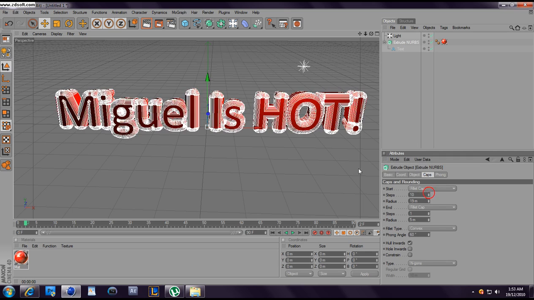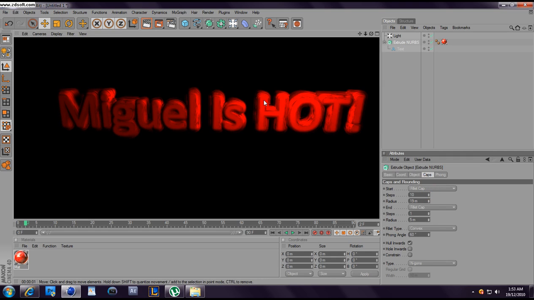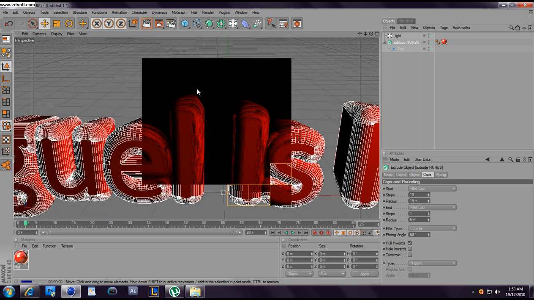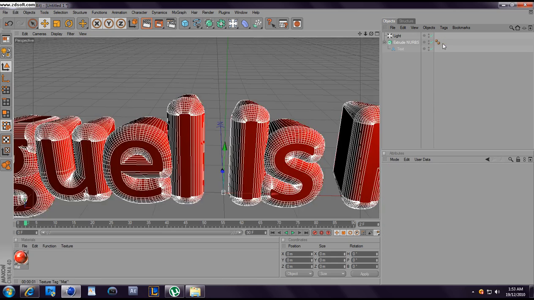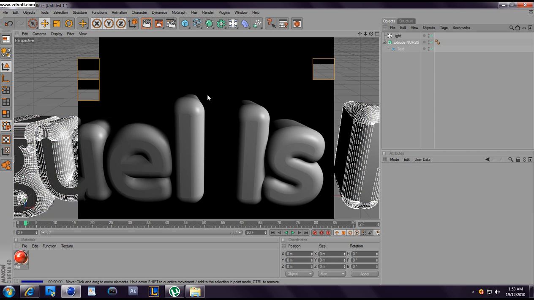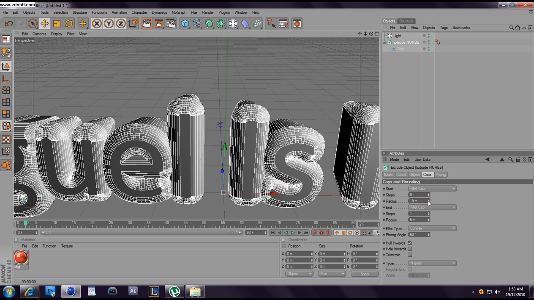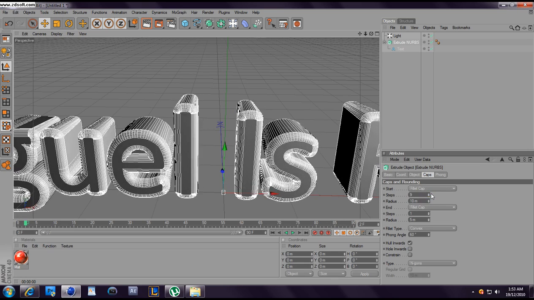My steps, you'll see them, and they're actually like steps. You see all these here. I can show you somewhere clear. Let me take off my material so I can show you more clearly. Here we go. So this is just lower the radius a little bit. If you can see all those little lines right here, those are my steps. You see, the more steps I have, the more